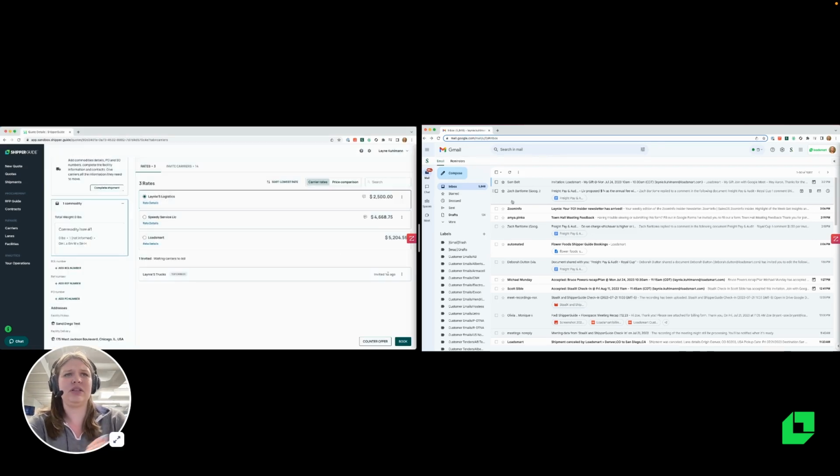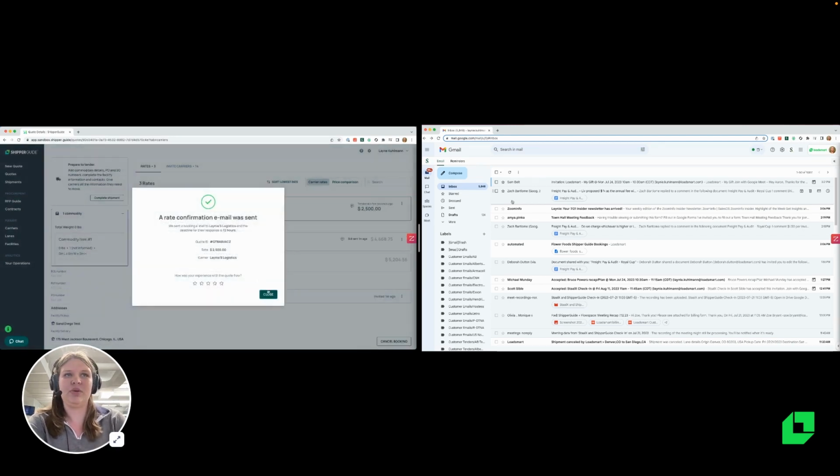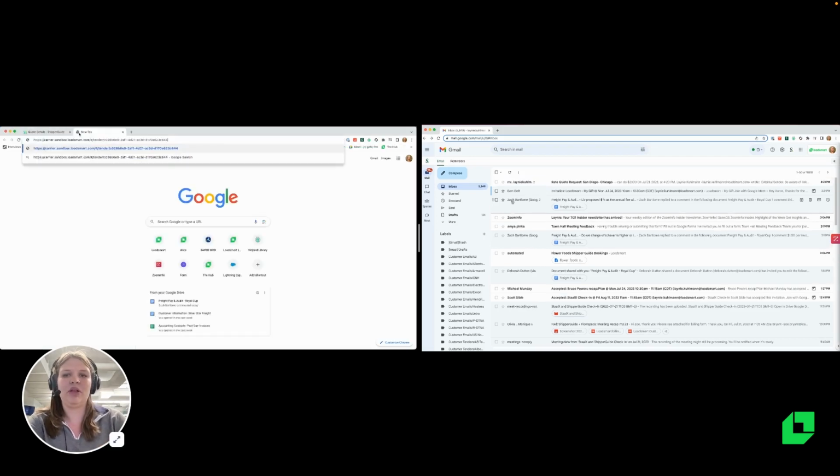As that goes through, you can see those notes the carrier added, see who's the right person for you, and hit book. Once you hit book, you have the option to share a BOL with them or not. Once that carrier accepts that tender, not only are they getting that load and that bid process is done, but they are also